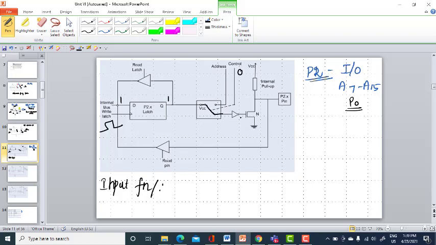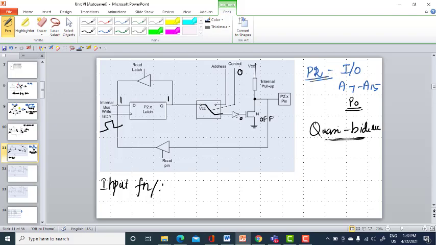If this is 1, I will get 0, and when this is 0, this transistor is off. If the transistor is off, this is open, so here it is in the floating state. You have an internal pull-up resistor here also. It is not forcefully connected as in your P0 when P0 behaves as an output port, but both for your P1 and P2 you have an internal pull-up resistor. So this will be floating, this 5 volts, you are not going to ground. This is said to be the quasi bidirectional state, or the floating state.